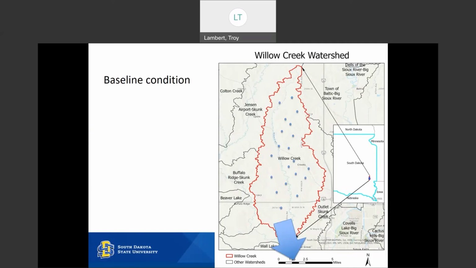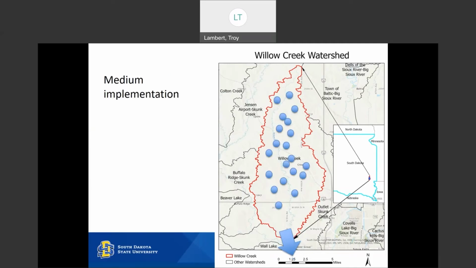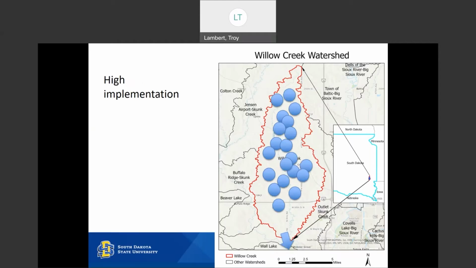So if we start with our baseline condition, and then we make an intermediate change that improves our water holding capacity or our water capture percentage somewhat, well, that reduces our flow coming down here to Sioux Falls. And then if we go all the way and go all in, well, ideally, potentially, we can see a really dramatic, significant reduction.